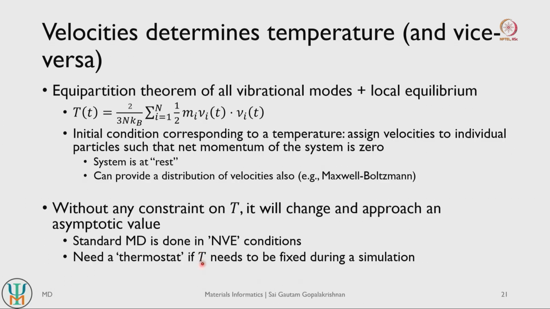So if you fix your temperature using a thermostat, you change the boundary conditions of the ensemble of your system. We'll discuss more about ensembles in the next couple of lectures on statistical mechanics, and that's where we'll see how going from NVE to NVT actually makes a big difference in what kind of properties you can compute in a given system. But keep in mind that temperature by itself is not fixed in standard molecular dynamics. So if you need to fix the temperature, you need a thermostat.